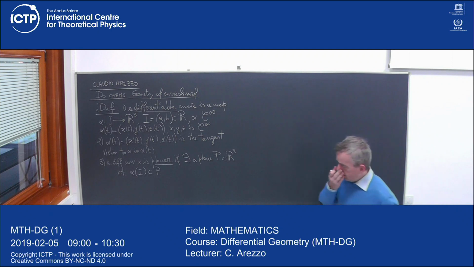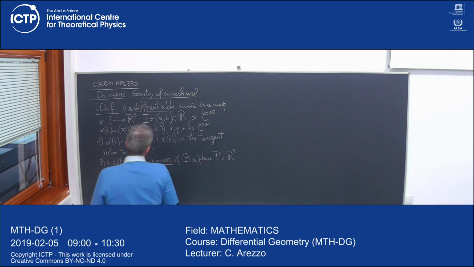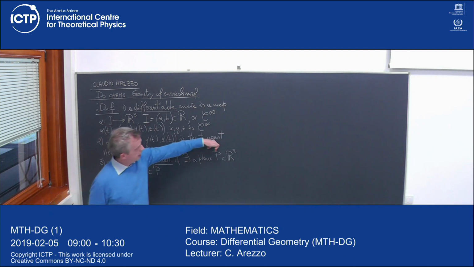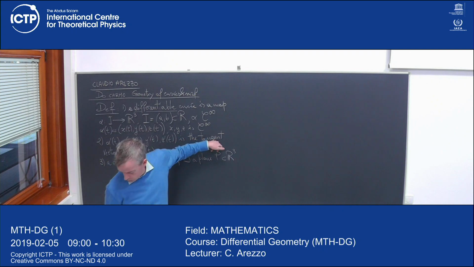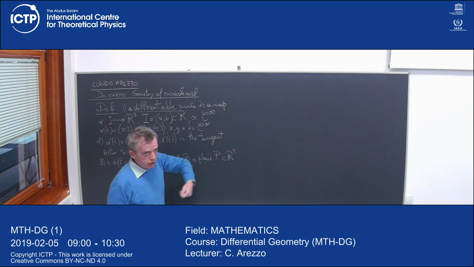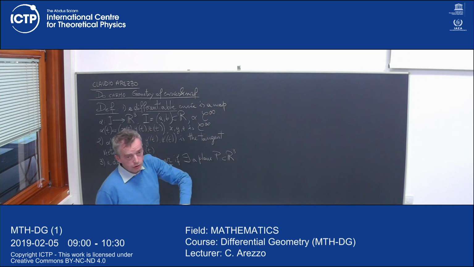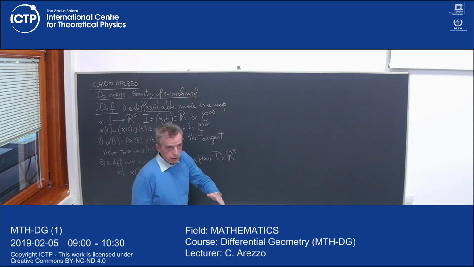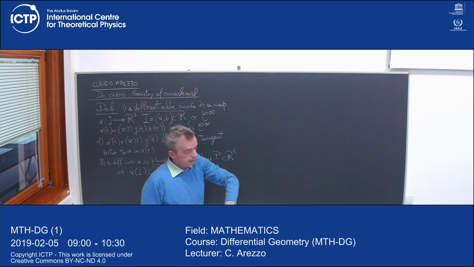Now, typically, every time the curve is planar, as I said, P is not supposed to be a vector space, so it's not supposed to be passing through the origin. But by a rigid motion of R3, by a translation, I can translate it to have a parallel plane passing through the origin. And then I can also use rotations in R3.